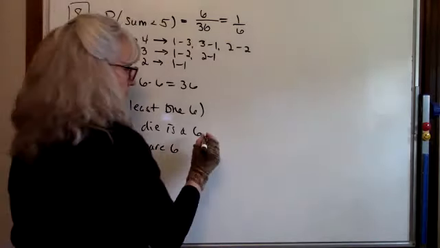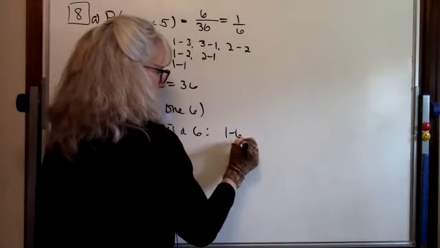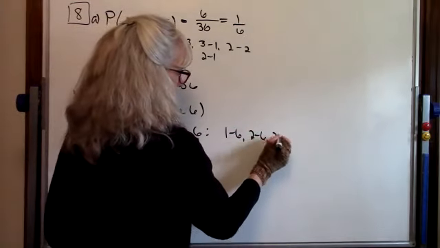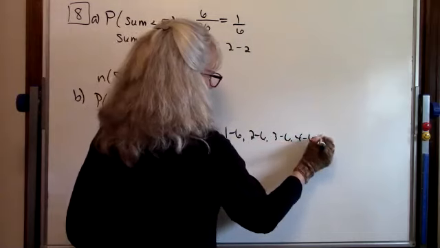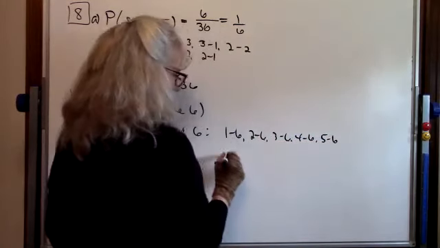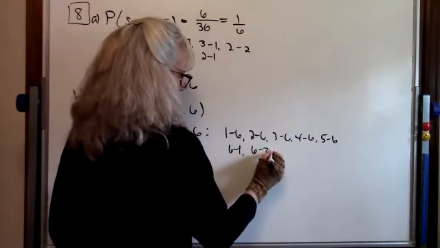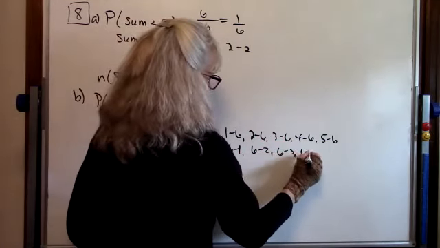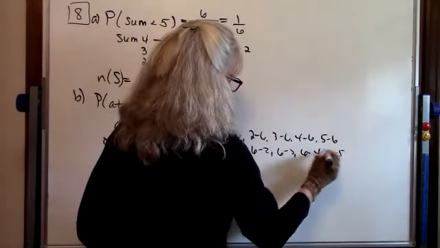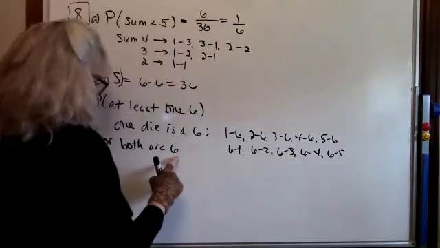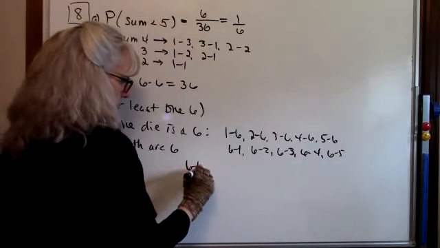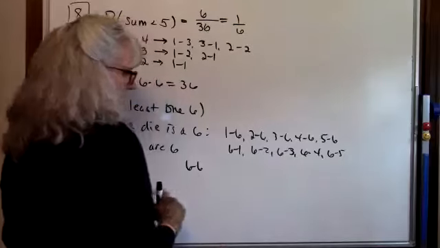So this one die being a 6 is made up of a 1 6, a 2 6, a 3 6, a 4 6, a 5 6, or a 6 1, a 6 2, a 6 3, a 6 4, or a 6 5. So there are 10 of those. And then both of them being a 6 would simply be the double, 6 and 6. So when I count them up, you're going to see that we have 11